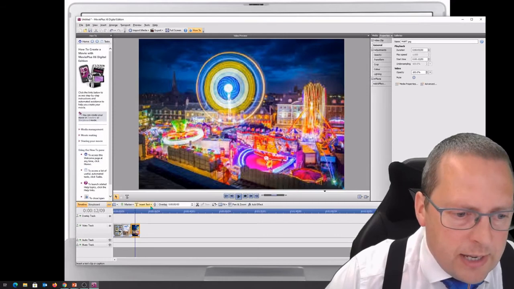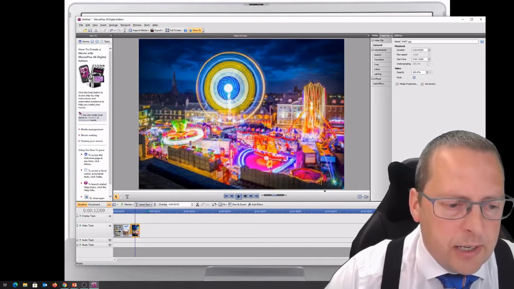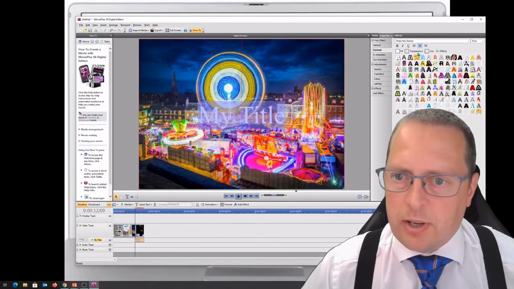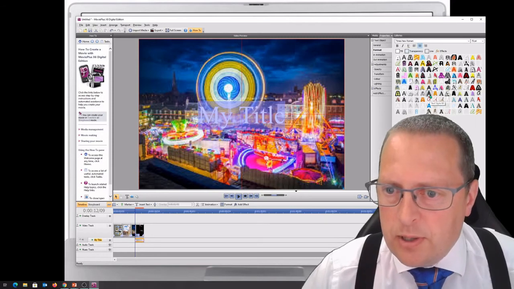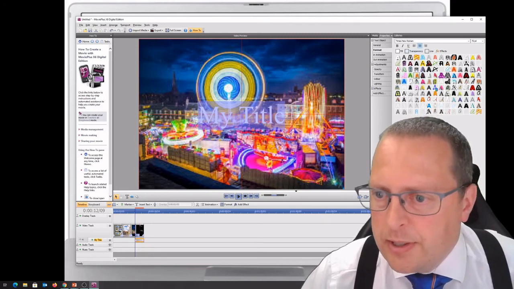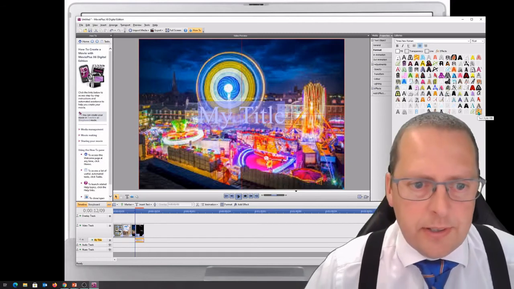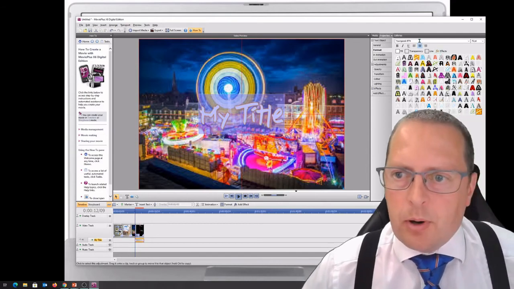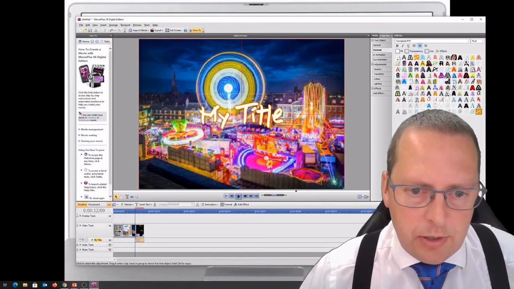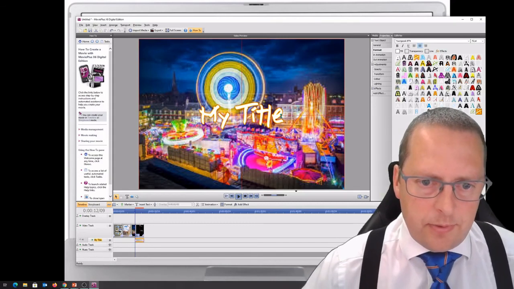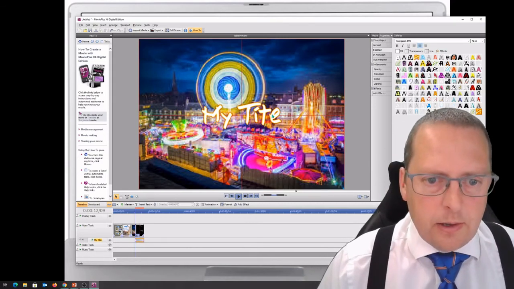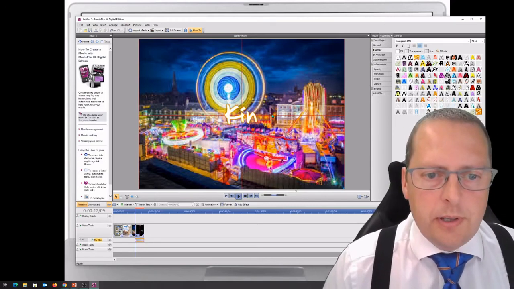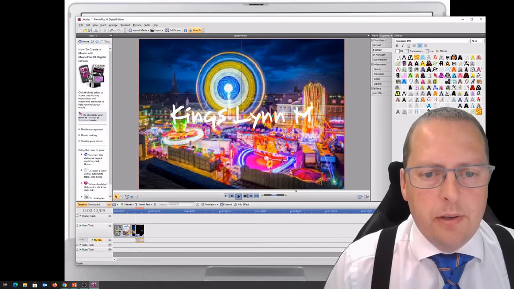I've got insert text, it's a drop down box, and I'm just going to put text clip, and here I can just tell what I want, the style of writing that I'm looking for. I'm just going to go for something that's going to stand out, maybe this one on this slide. So text style, and I can just write in here my writing of what I want that to be. So I can click in here, and I can delete the writing that's already there, and I can just put Kings Lynn Mart,